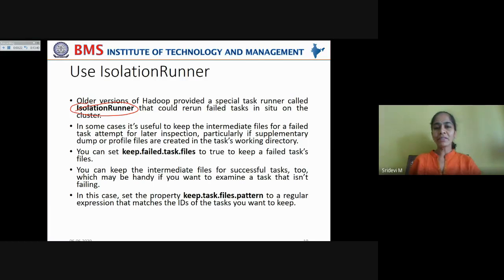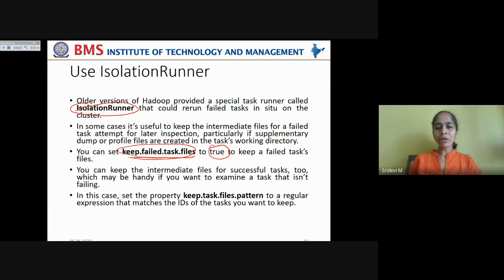Now in some cases, it is useful to keep the intermediate files for a failed task attempt for later inspection, particularly if supplementary dump or profile files are created in the task working directory. You can also set the option keep.failed.task.files to true to keep the failed task files. Normally the failed task files will be removed, but if you want to retain and inspect them, then you can set keep.failed.task.files to true.